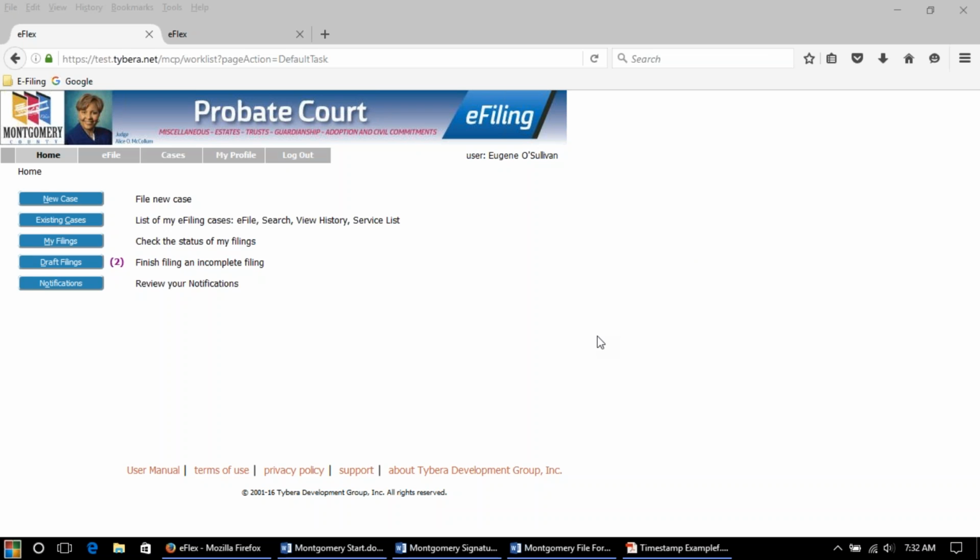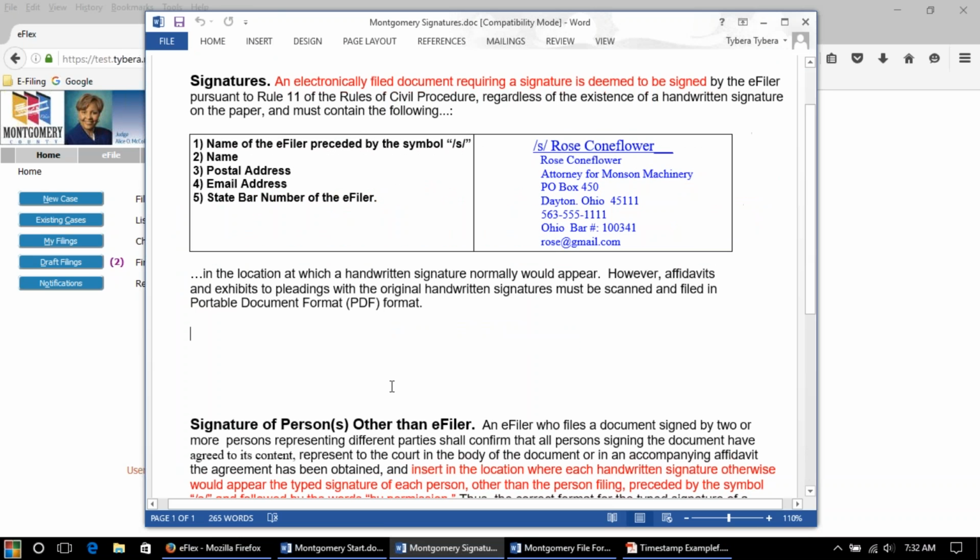Okay, this is a question regarding electronic signatures on the documents, and let me just state what the question is. It says, how do we file documents that need to be signed by our clients? Do we electronically sign these documents, or do we submit a PDF of the signed copy? I'm just going to bring up that signature document,